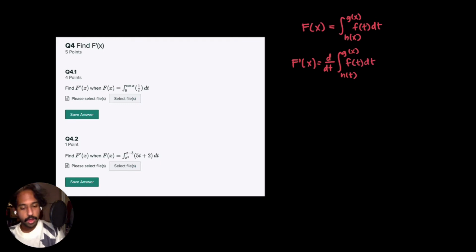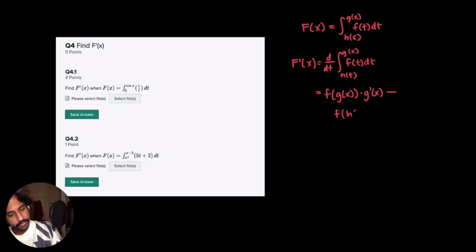And when we solve this out, this ends up giving us f of g of x times g prime of x, minus f of h of x times h prime of x. And that should be an x there, sorry. And so this formula is something we're going to keep in mind, this concept of finding this derivative. And so here we're asked to find what F prime is when